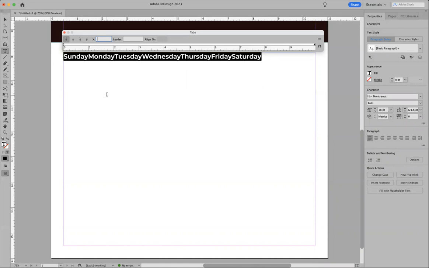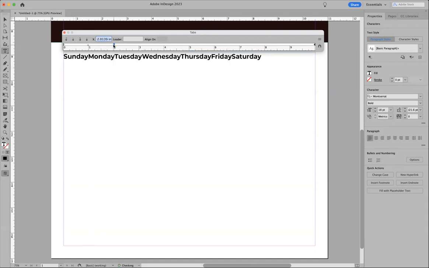So what we want to do is I'm going to set center justified tabs for my days of the week because I want them to be centered in my box. So I'm going to go ahead and do centered. Let me change that to center